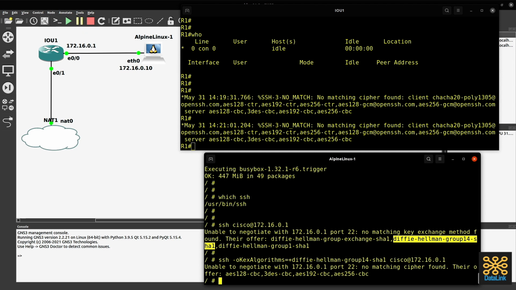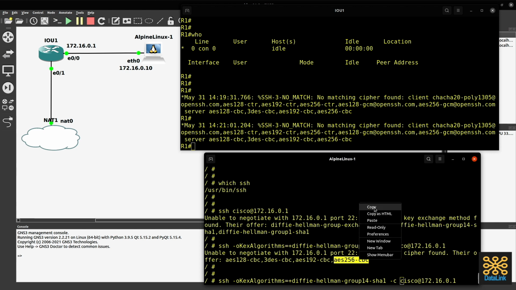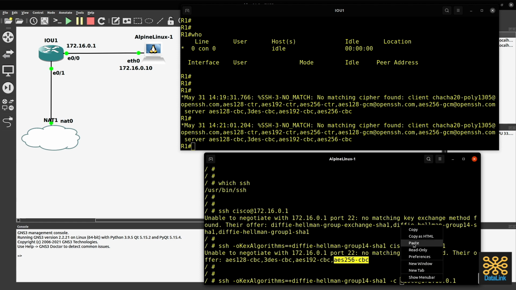Okay, now the problem is that the cipher found is not matching, so the Cisco router supports one of these. We need to define the cipher method as well. Right, it's not a problem. We define the cipher method using this option in the command, and again we can use any of these ones. Let's copy this, paste,